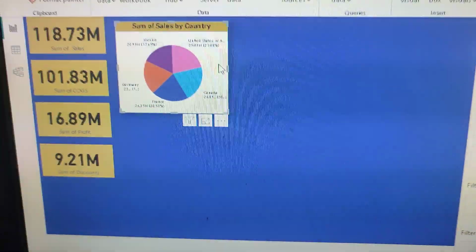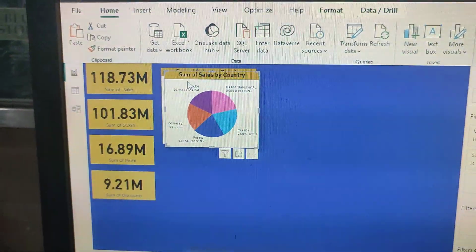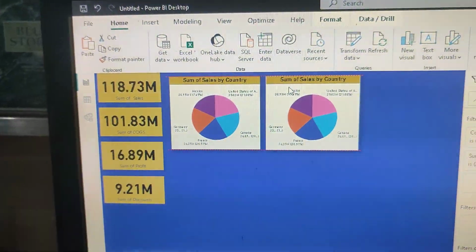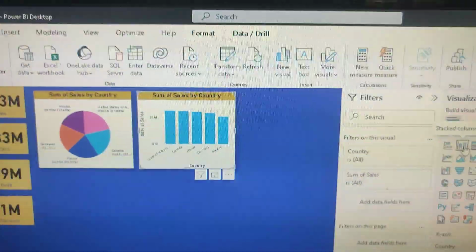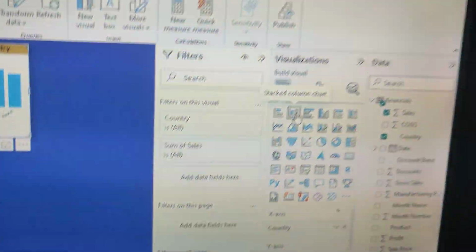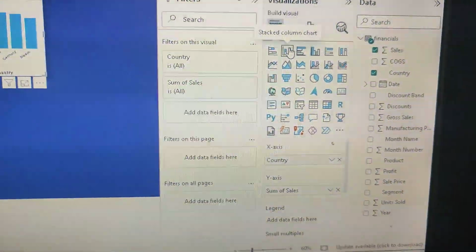Students, I'll repeat this. Again, I copy this. I'm going to paste it. I have a replication of this. Now what I'm going to do is create this stack bar. Now in stack bar, as I told you, you have to take different data. So my new combination won't be country wise sales, but it would be